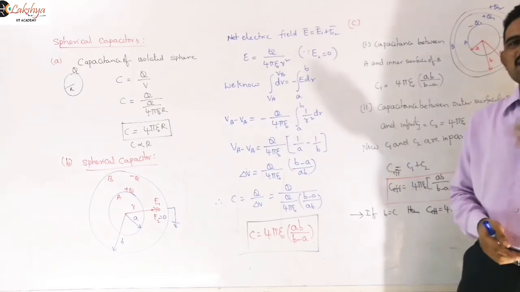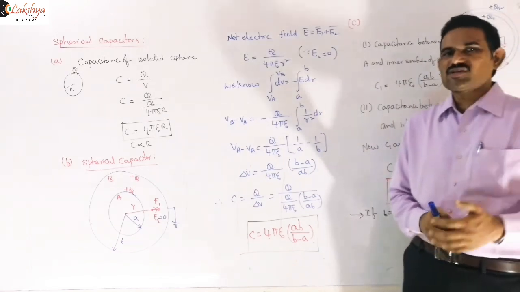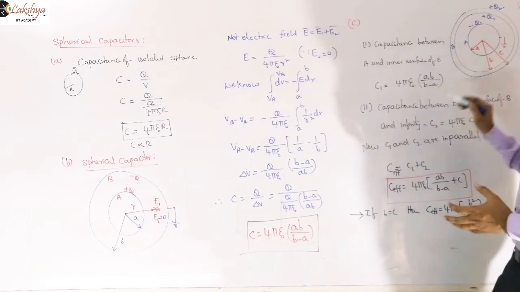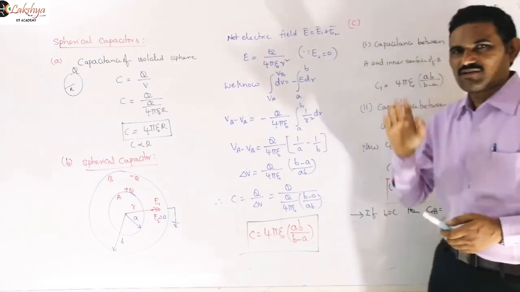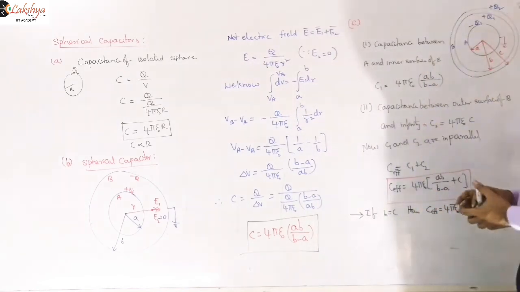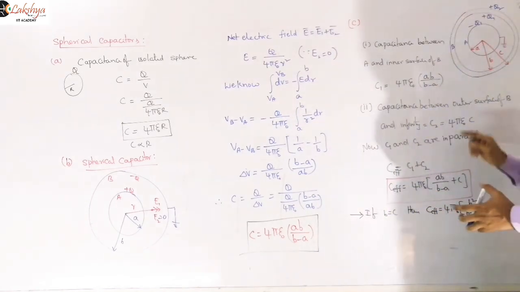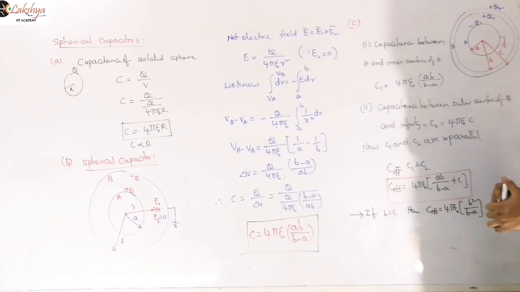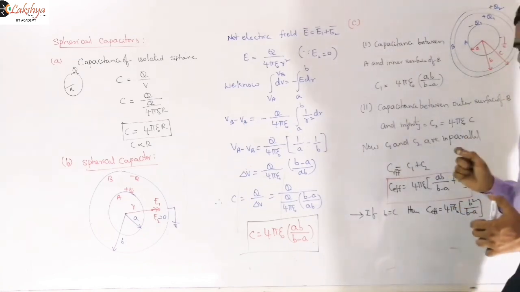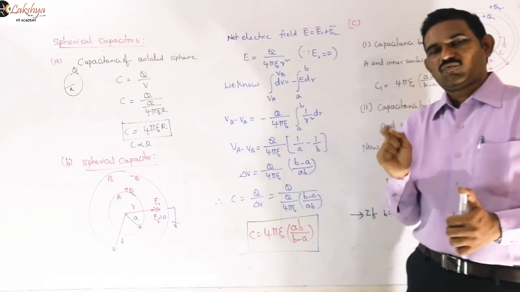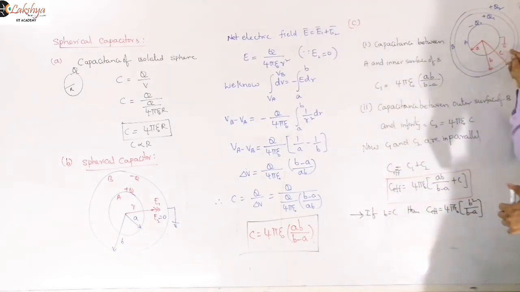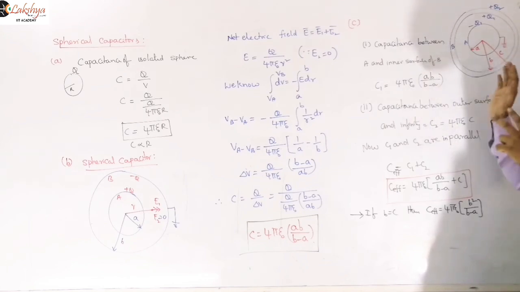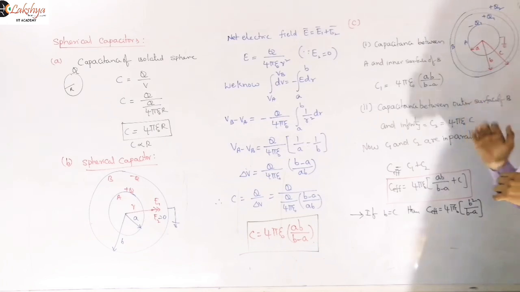And so now in this I am taking an extension, an additional case. So the additional case is nothing but this one. We mentioned that information here clearly, that case C. An earthed spherical shell. This is the earthed spherical shell, this A is earthed here, it is connected to the ground, or sometimes they will mention this wire outside and here it is grounded. So whatever the meaning, here it is grounded.